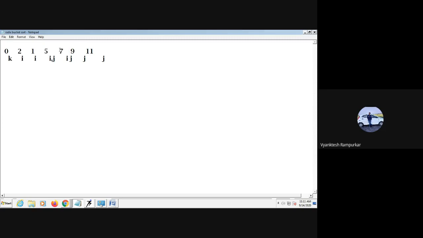All the elements in the left sublist are smaller than the pivot, and all the elements on the right hand side are greater than the pivot. And again we apply the same technique for the left sublist as well as the right sublist. So here we get the sorted array. Finally we get our entire sorted array. So this is the quick sort technique.